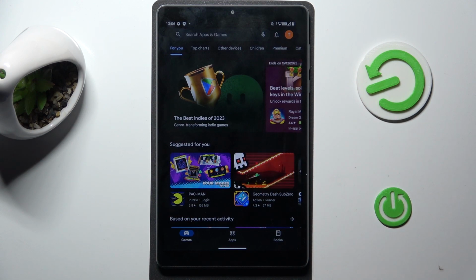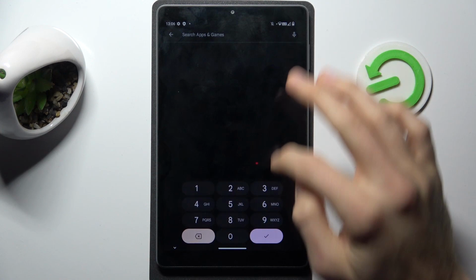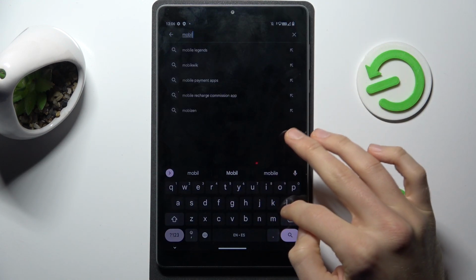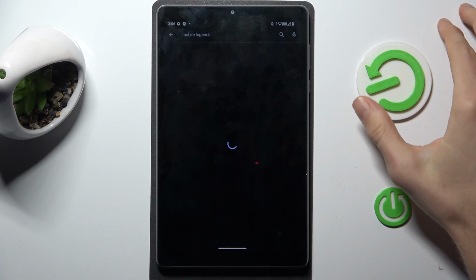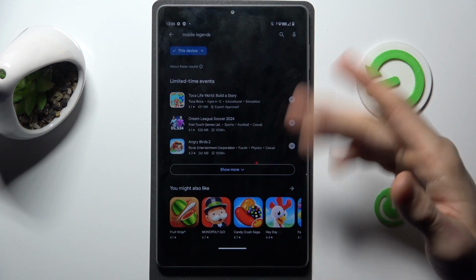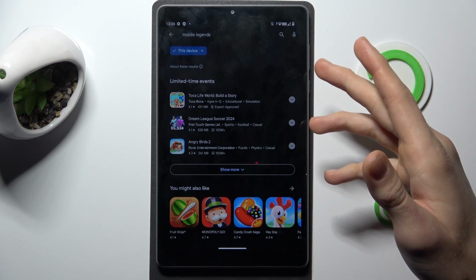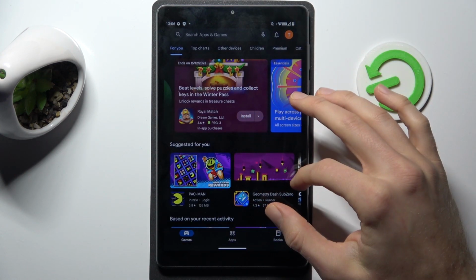In the first step, we try to search for some game, maybe Mobile Legends. We search for it, and we don't have it on our Google Play Store. To fix it, we must go back to the main menu of our Google Play Store, where